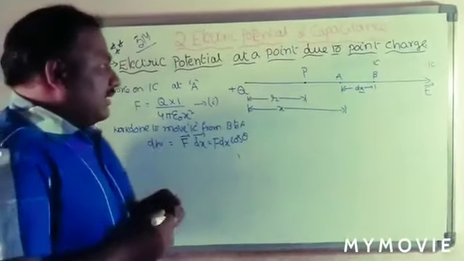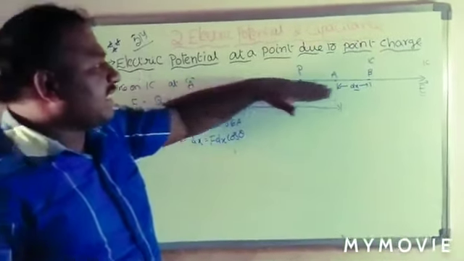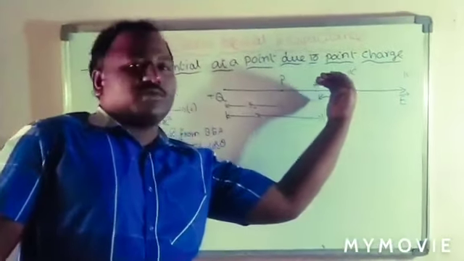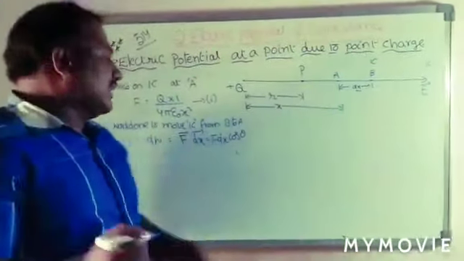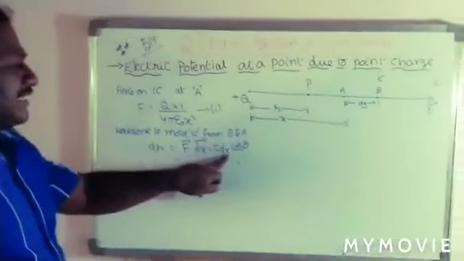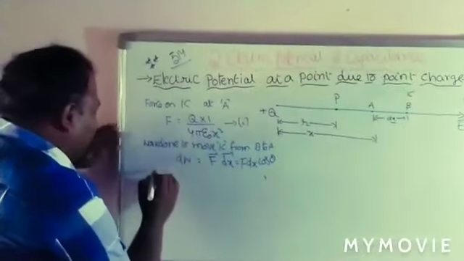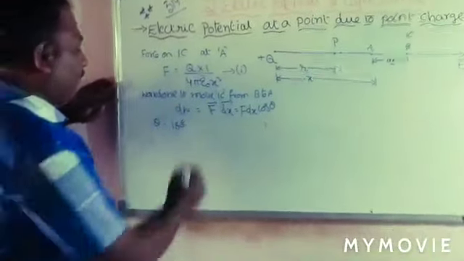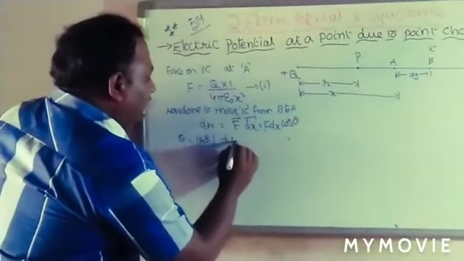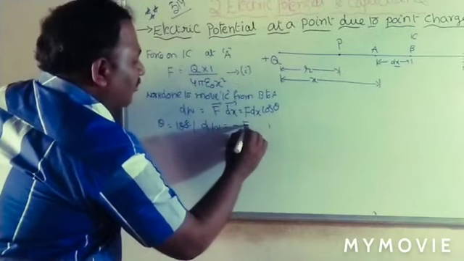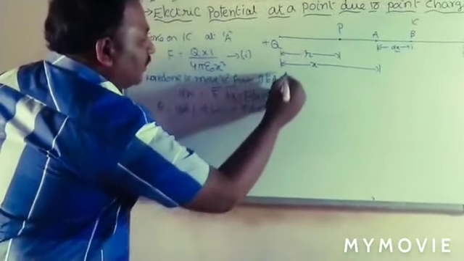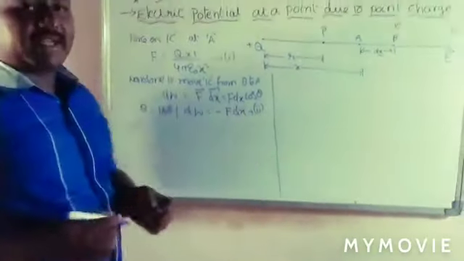See here, the force due to the point charge is acting in the positive x direction, but the 1 coulomb charge is moving in the negative x direction. Then the angle between force and displacement is 180, where theta is equal to 180. From that we obtain dW is equal to minus F dx. This is equation 2. Okay, understand?